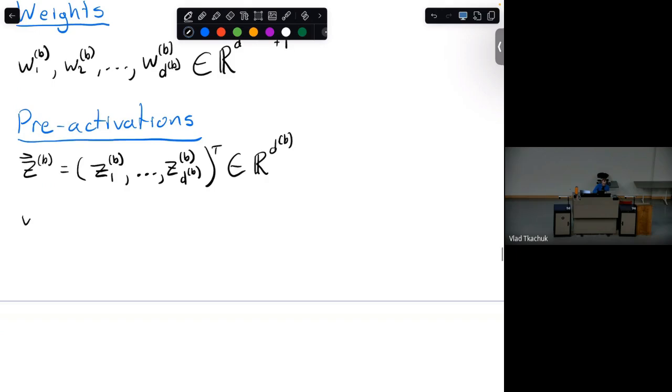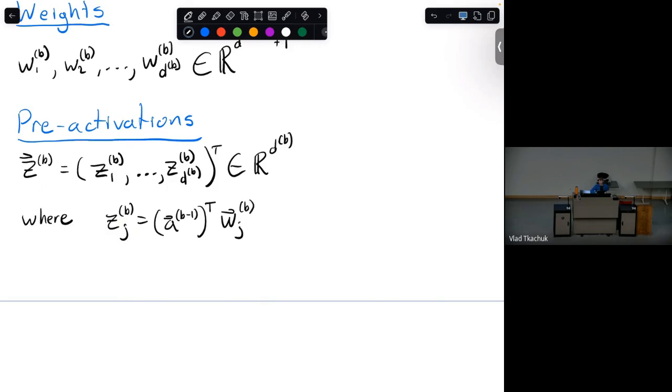What is each one of these pre-activations defined as? Well, it's just the dot product. Each one, for some index j, is equal to the dot product of the previous layer's activation vector, so that would be A of b minus 1, which is a vector, dot producted with the weights for the current layer b, jth activation.